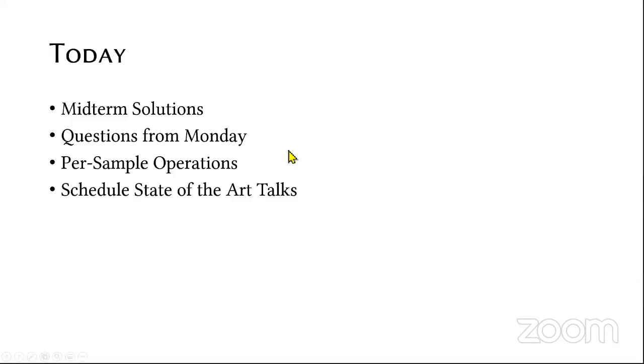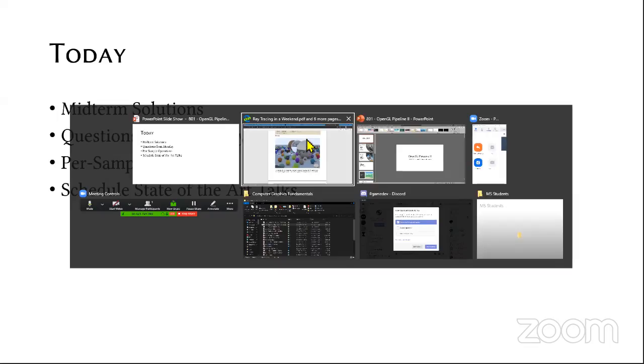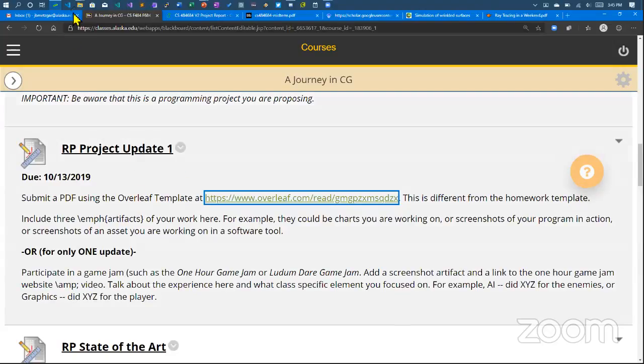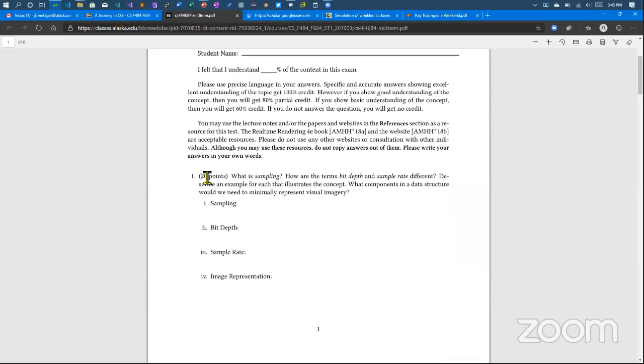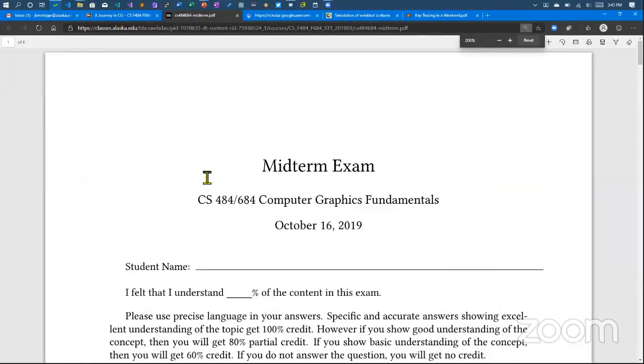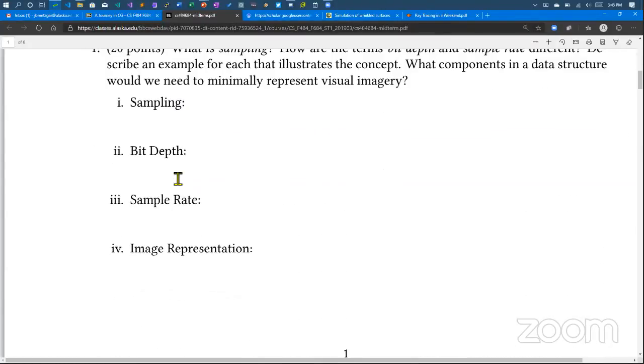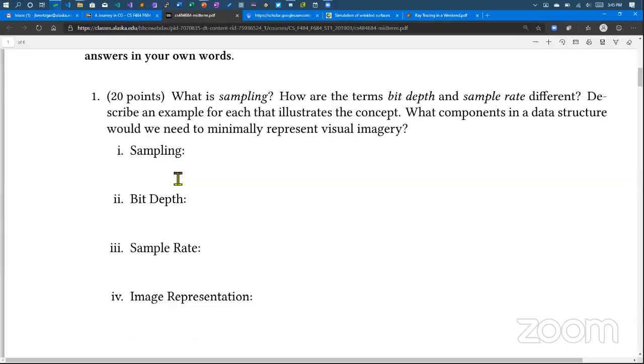Okay, so midterm solutions. I still have to grade them. I'm still working on catching up from being out of town. For the midterm, the ones I feel like everybody has a good handle on, we'll just gloss over. If you have a question about that, then please feel free to ask. But as far as sampling goes, this is geared towards us thinking about some kind of complex